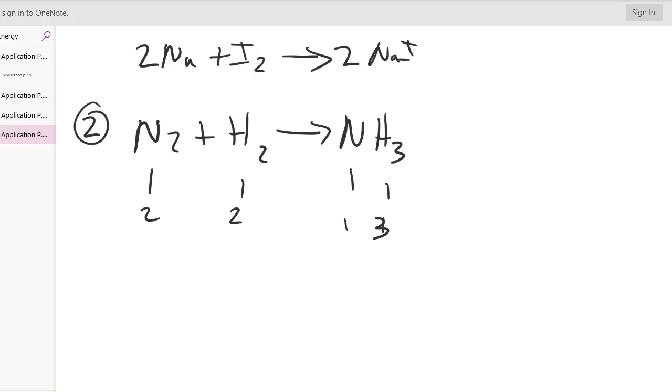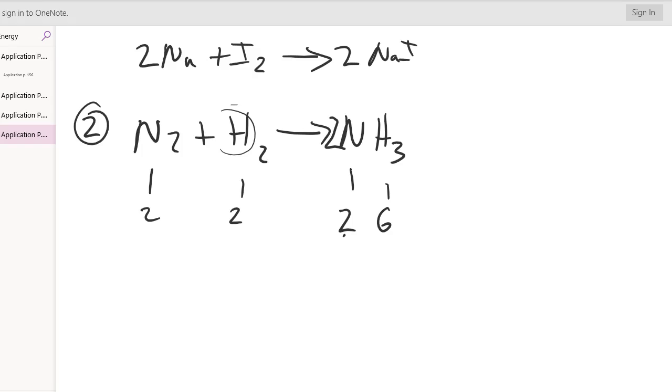If we just look at the hydrogen, we know we're going to have to bump up the number of hydrogens so that it has a number that the hydrogen on the left-hand side can meet with. So let's bump this up on the right-hand side. Let's at least put a 2 for the coefficient. Now, the number of hydrogen that we actually have is 6. We have 2 times 3, which is 6. The number of nitrogen now is